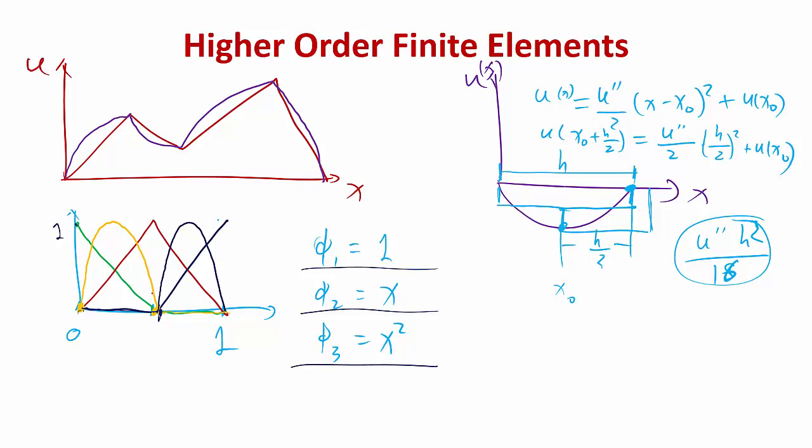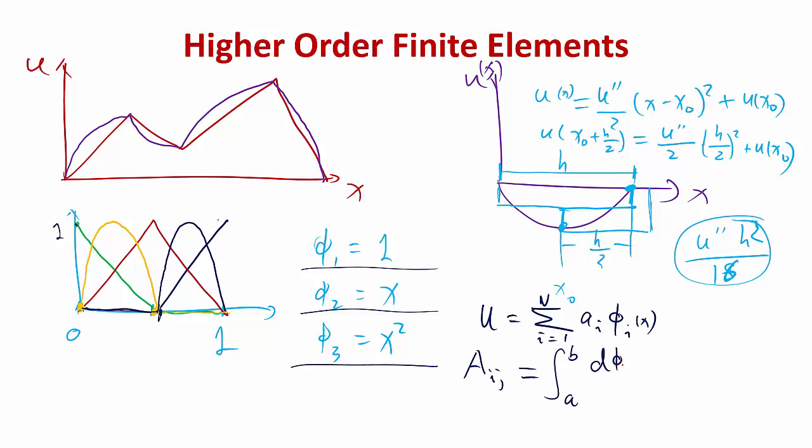Once I have this, I can represent the solution. So u is going to be a summation. Let's use a numerical method and a homogeneous boundary condition, at least a homogeneous essential boundary condition. So from i to n of, let's say, a_i times phi_i of x. When solving the Poisson's equation, we need the integral A_ij, being the integral from left to right